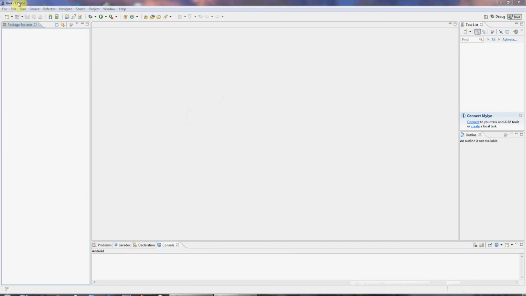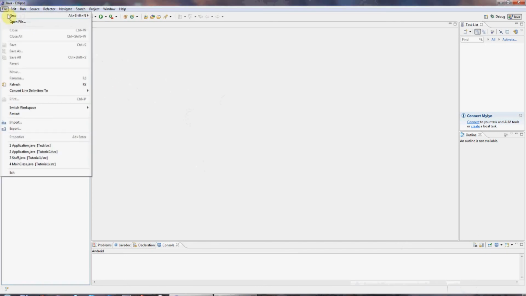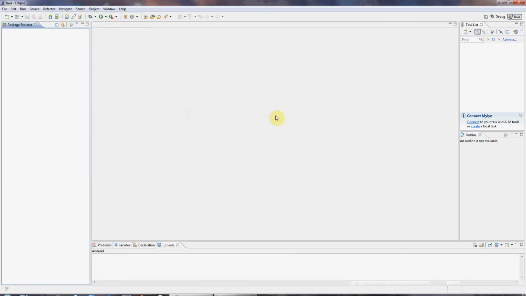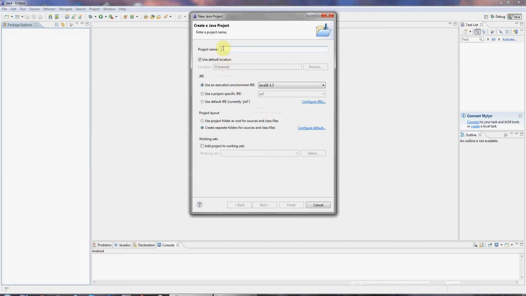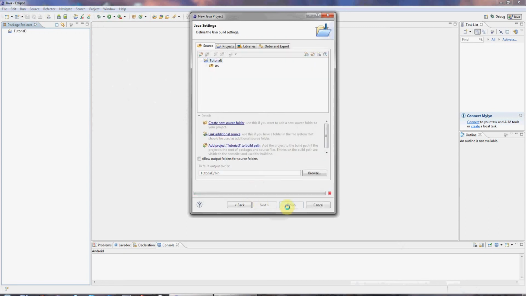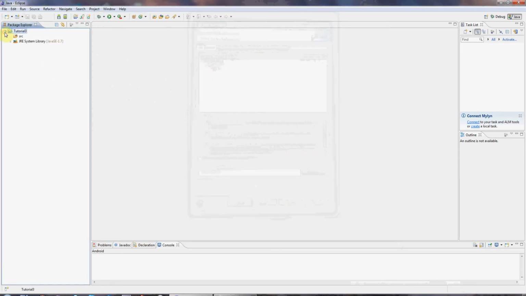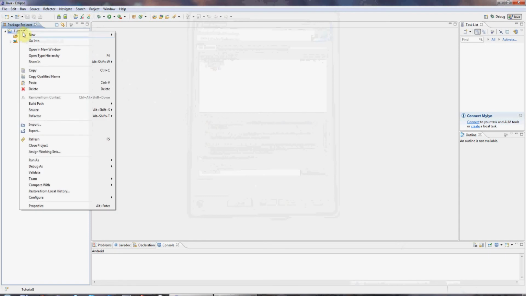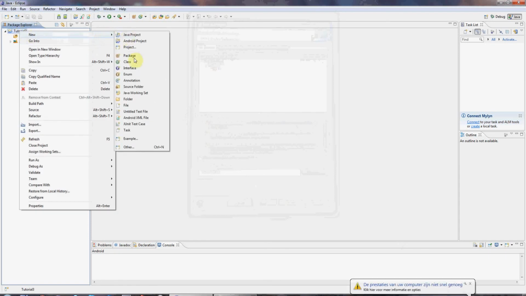So I'm in Eclipse as usual, and I'm going to create a new Java project. And I'm going to give it a name. Let's call it tutorial 3. And click next and finish. Now, as in the first tutorial, we're going to create a class which will be the only class in our little test program here. I'm going to right click on the project folder and go to new class,